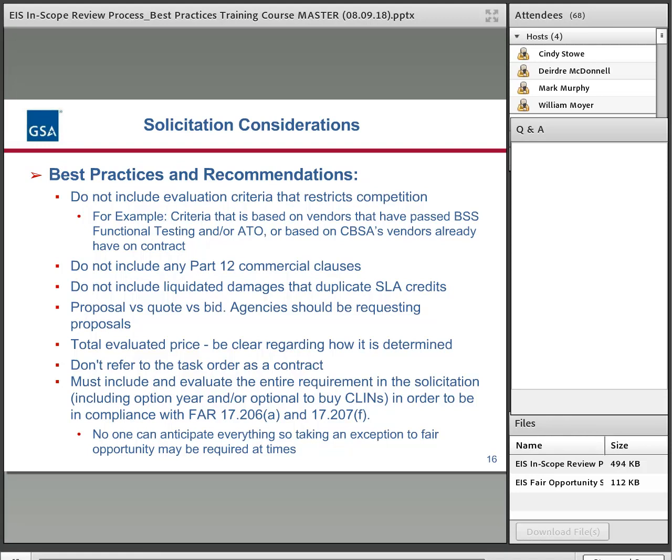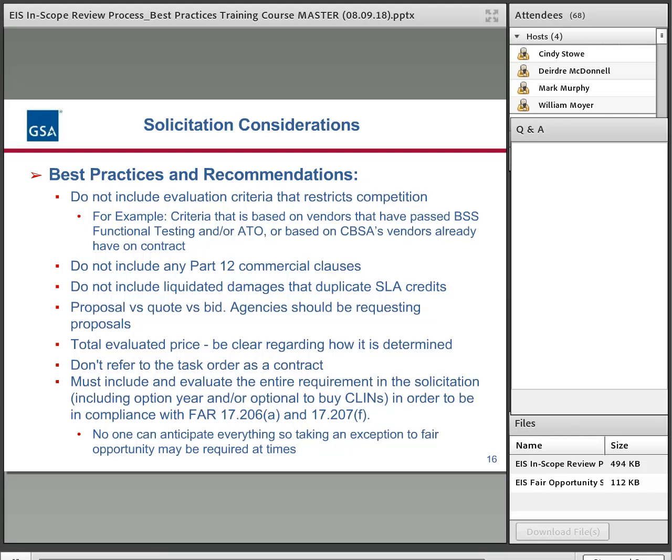So GSA further recommends the following solicitation considerations and best practices. Again, do not include evaluation criteria that restricts competition. An example would be criteria that is based on vendors that have passed BSS functional testing and or received an ATO, or based on CBSAs vendors already have on contract.